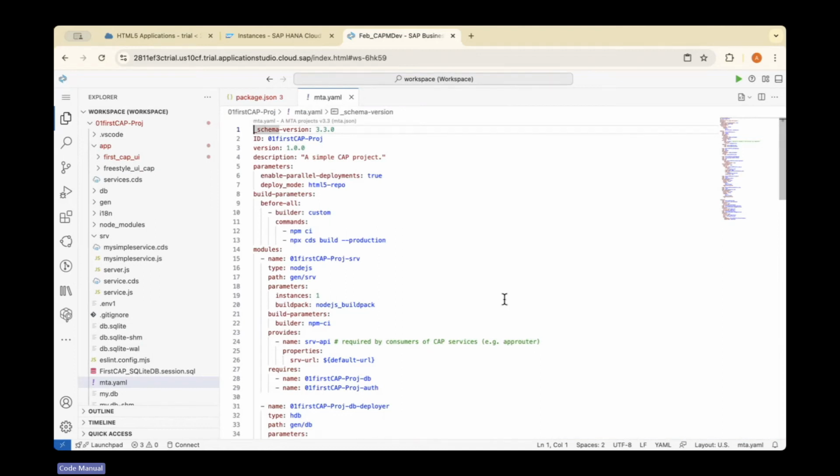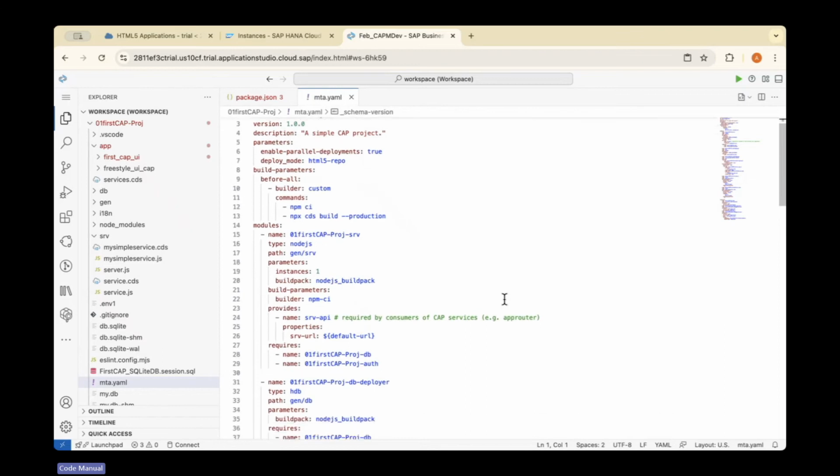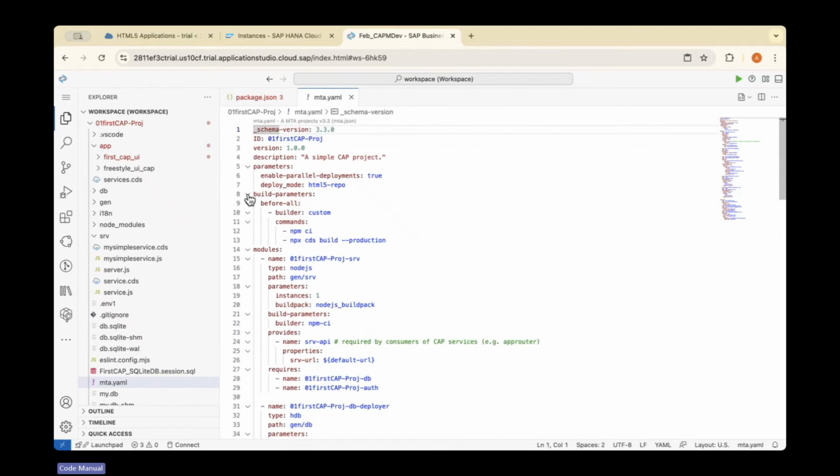Okay, if you see in this mta.yaml file, there are multiple modules available. At first, you could see the build parameters. In the build parameters, there are commands. One is the npm ci command and npx cds build --production. These commands will be run once you build your project. This is one component of the mta.yaml file, and next to